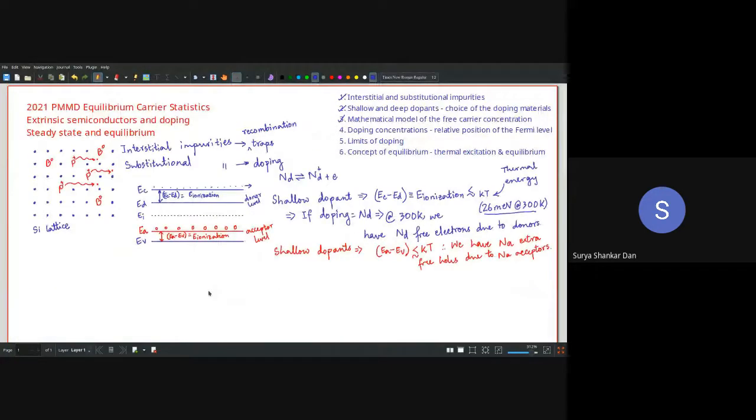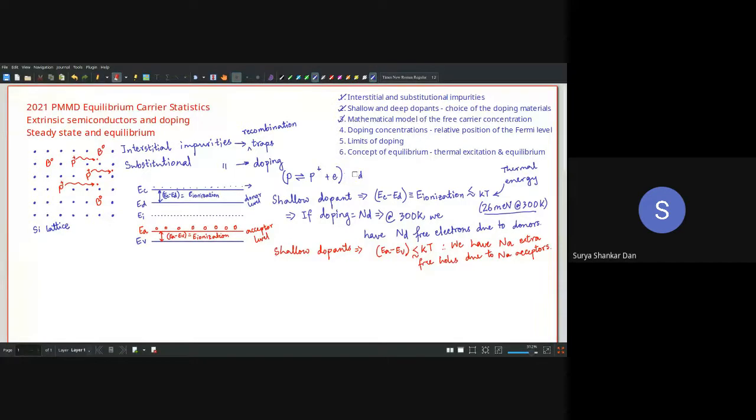So based on whatever we have studied, we have understood that whether there is doping or not, donors will always ionize into Nd plus and e. So the number of free electrons will always be equal to the number of positively charged ions, yes or no? I have written here Nd and Nd plus, but I shouldn't write it actually. I should write P. P is better because Nd is the concentration. So if there are Nd number of atoms, they are essentially going to multiply this whole thing into Nd.